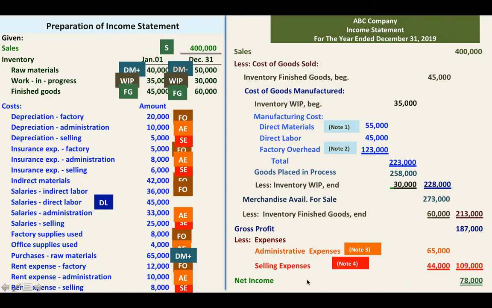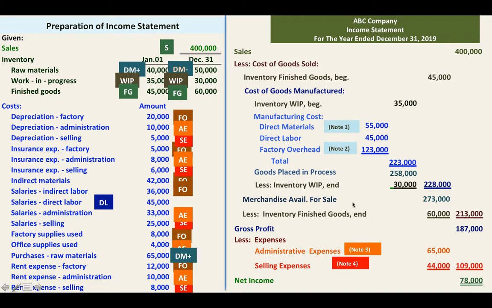Okay, class? If you did not prepare the note, you will have a long income statement because you are going to present here all the details of direct materials, then the details of factory overhead, then the details of administrative expenses. So in most cases, a company would prefer to prepare a note so that the preparation of your income statement will not be too long. At the same time, it will not lose the important information of your income statement.